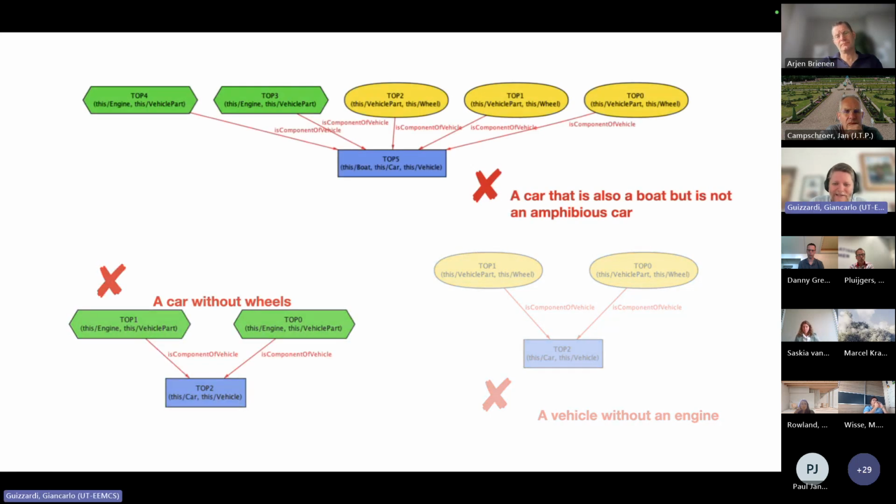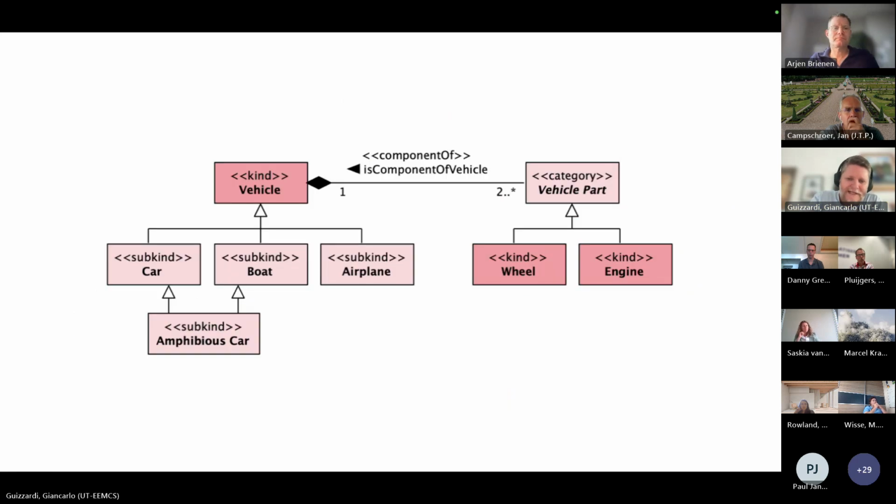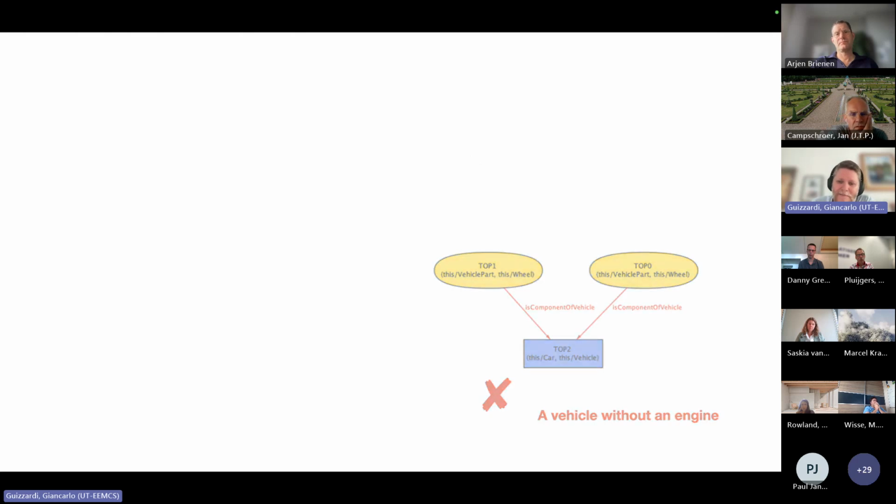that when you look at the model, you don't see this. Sorry, let me go back there. You look at the model, you don't see that there could be something that is both a car and a boat, but not an amphibious car. Or that you could have a vehicle that has a bunch of parts which are all wheels and no engines, or several engines and no wheels, and so on, right? You look at the model, you have a certain conceptualization. You are biased by a certain set of interpretation, but you don't see all the other interpretations which are possible